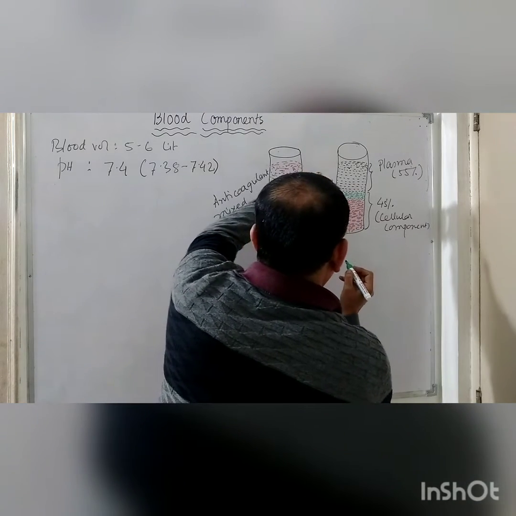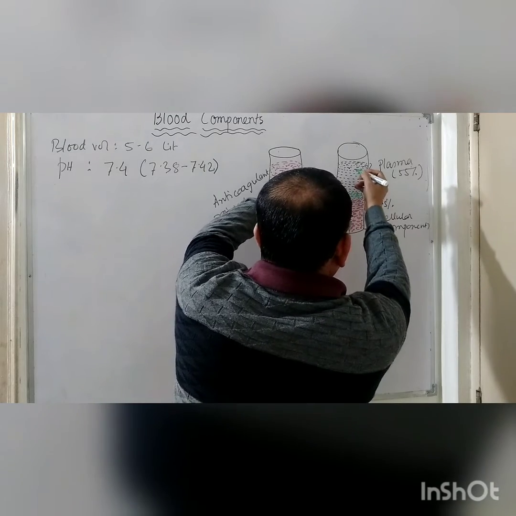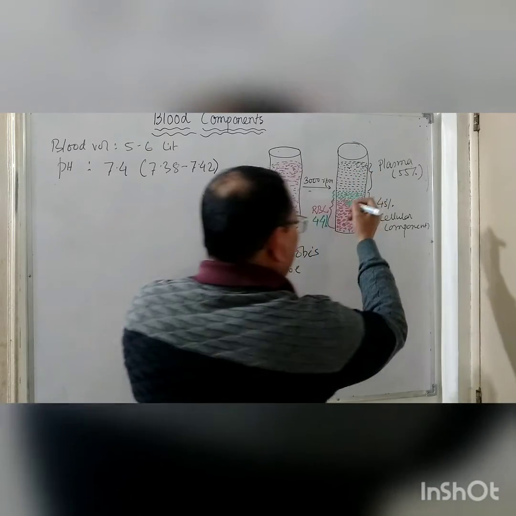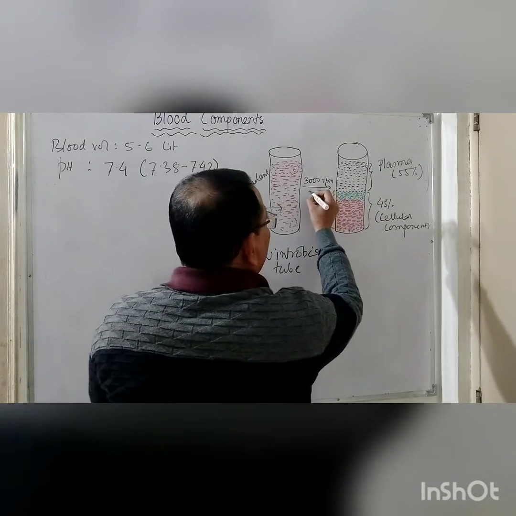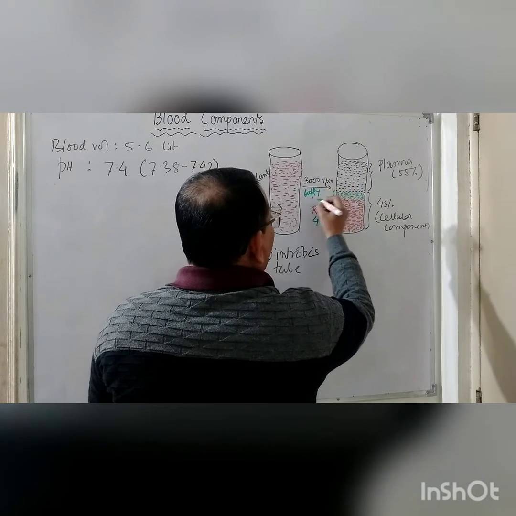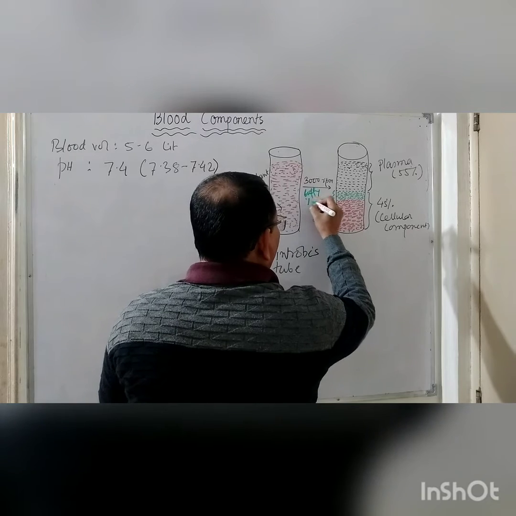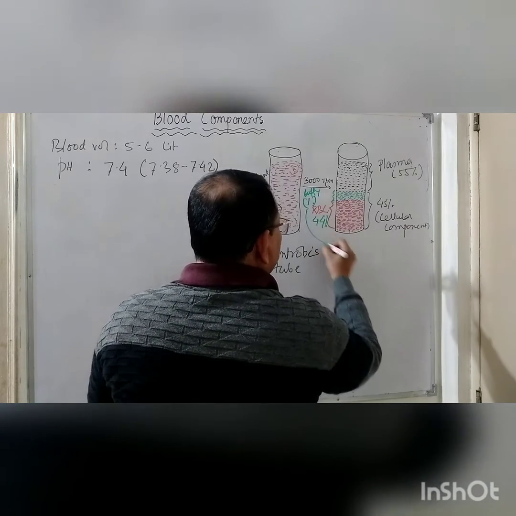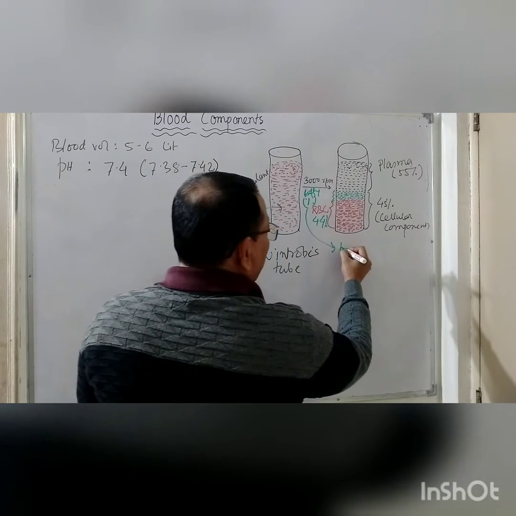And this is the part in between the plasma and the RBC. There is a Buffy layer, and this Buffy layer constitutes 1%, and it contains the WBCs,